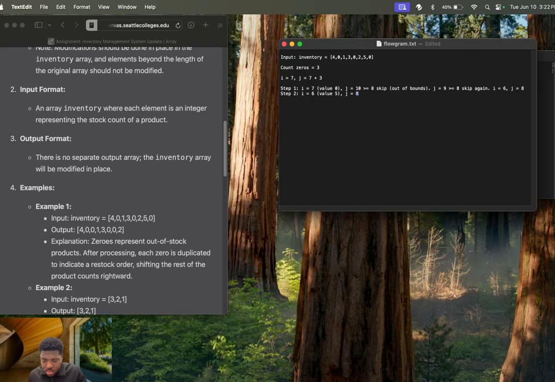8, which is greater than 8, which is not greater than, but it's equal to 8, right? So in this case, we just skip it. And I'll decrement I. I now becomes 5, and J now becomes 7. So for step 3,